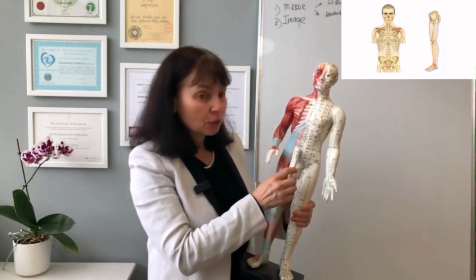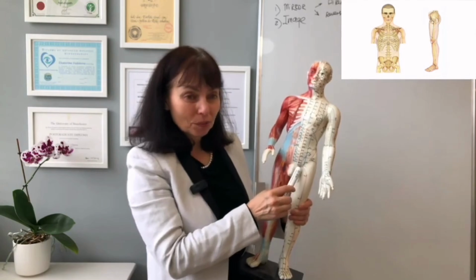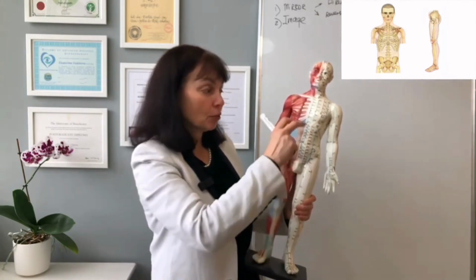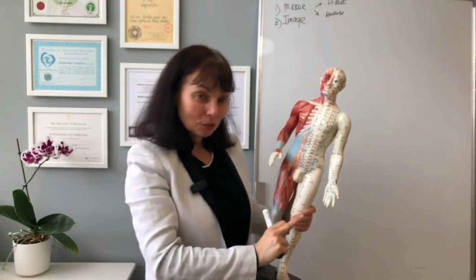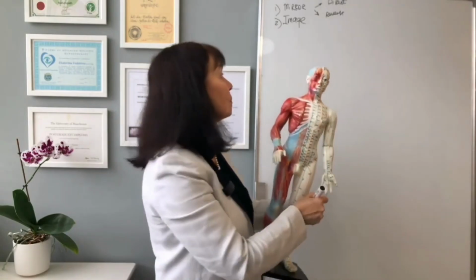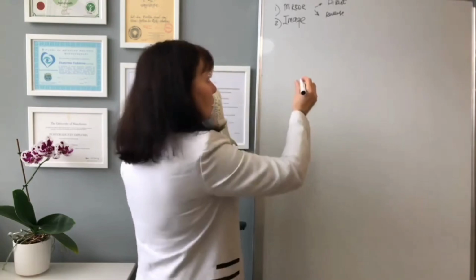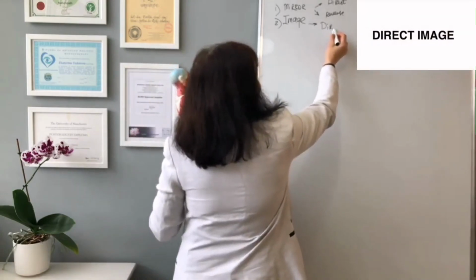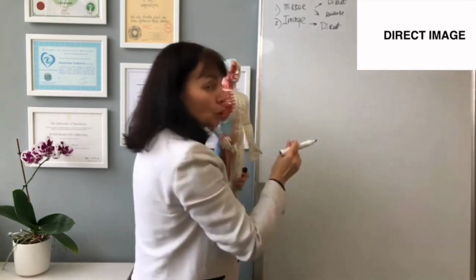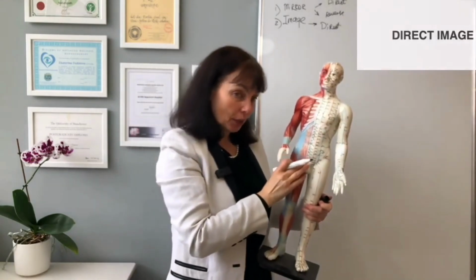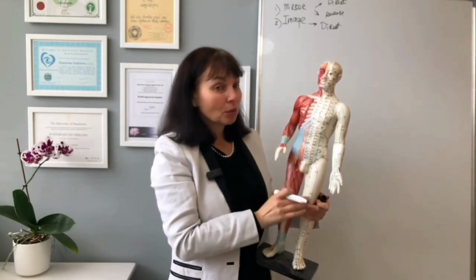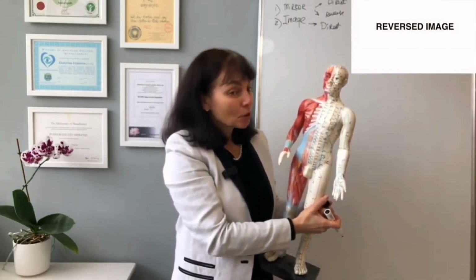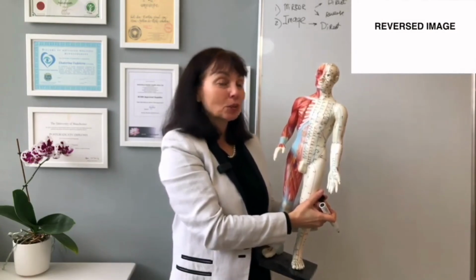Spleen 6 corresponds to the area of uterus, because it's a low belly if we project the trunk to the leg. Again, image can be direct, and we were talking about the direct projection now, but also image can be reversed. So what we do in this case,